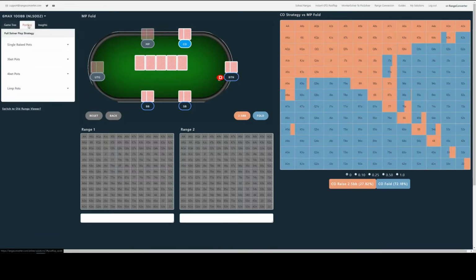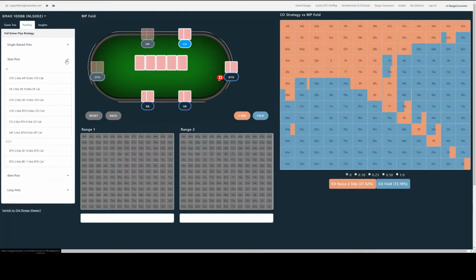So we just click that, and then this shows us all the spots available, broken down into categories. And so we want small blind 3-bet versus button call. So that's a 3-bet pot. Click to expand that. Out of position, the small blind was out of position. And this is the spot we're interested in here. Button 2.5 big blinds, small blind 10.9 big blinds, button call.